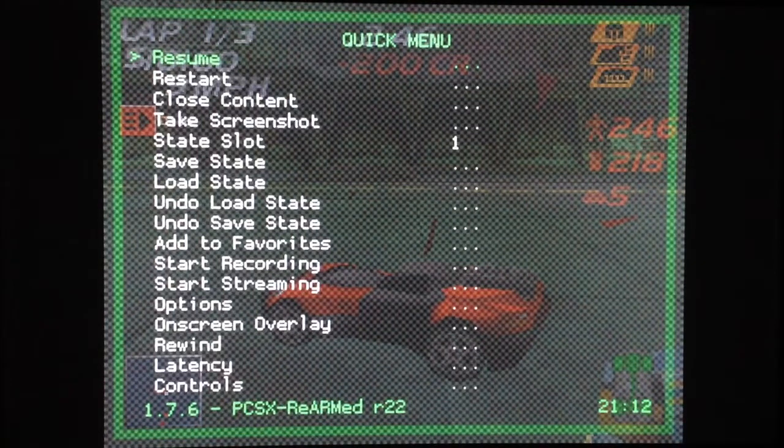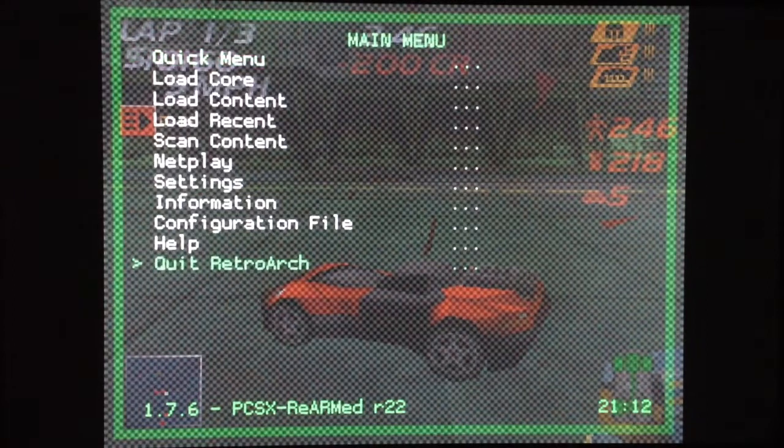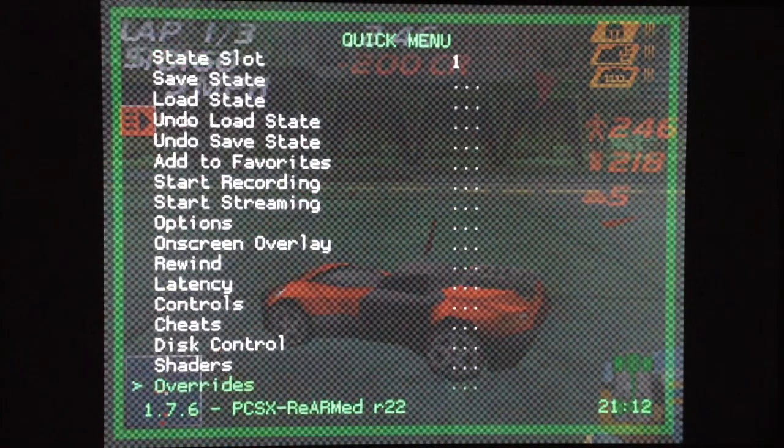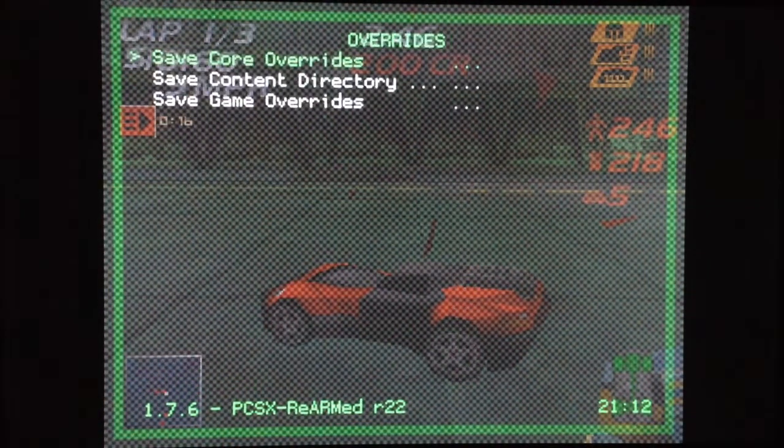It's a tutorial video. When you make this operation, if you quit RetroArch, you will lose all your edits. Indeed, so you have to do this operation all the time, and it's a little obnoxious, no? So to prevent that, you go to quick menu and select the very last option, which is called overrides, and